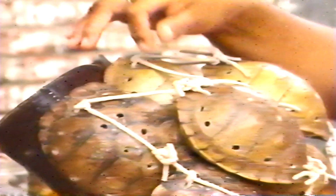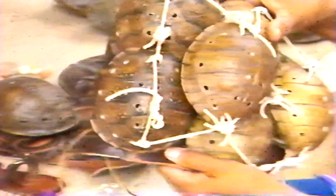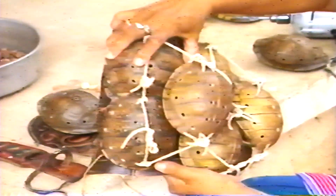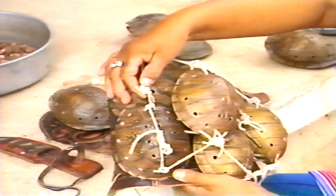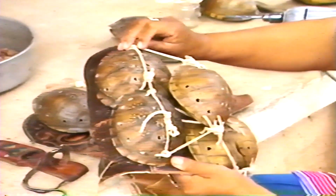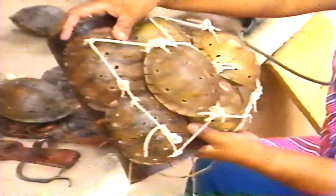And I start with 6 on the bottom. I put the 6 on the bottom first, and when I get them tight, I shake it to see if these aren't moving. They have to be down solid. And I pull them tight, and I kind of dampen this leather where it would get tight after it gets dry. So I put the 6 on there first, and I shake it, and if it seems to be tight,